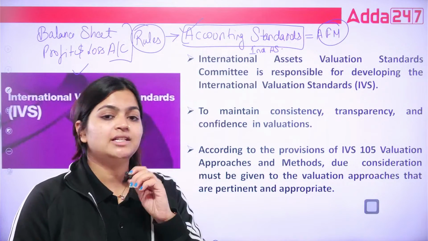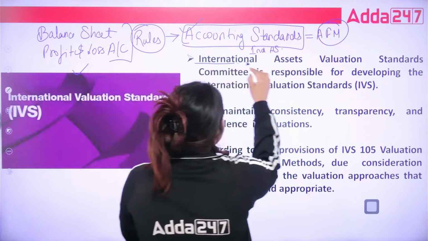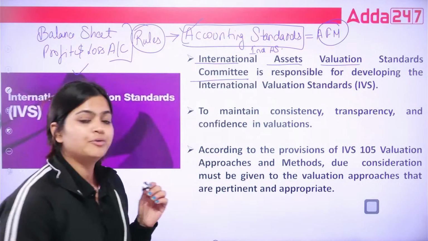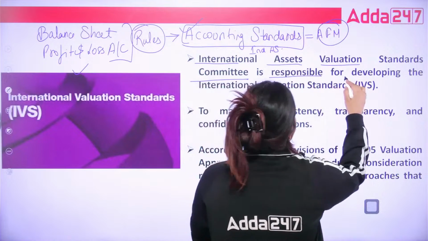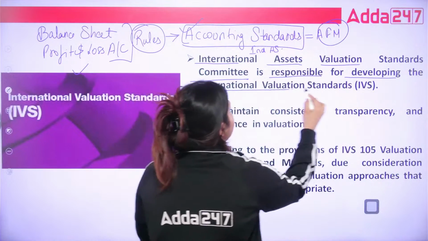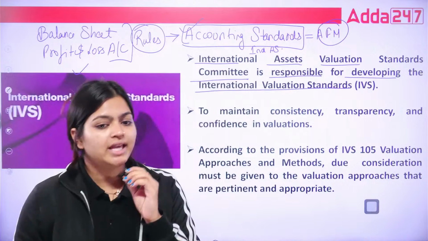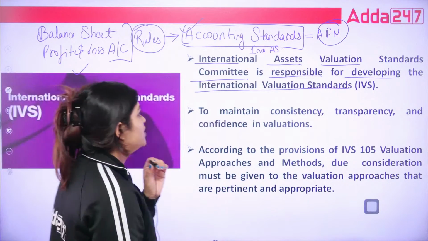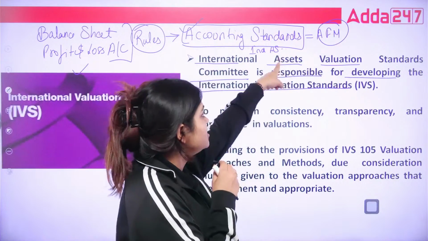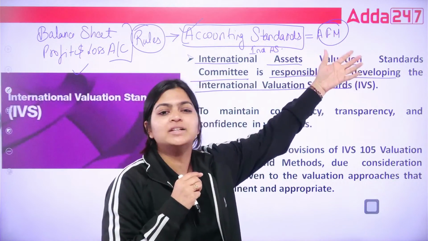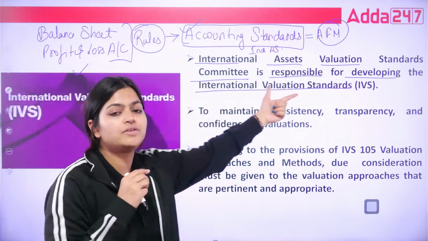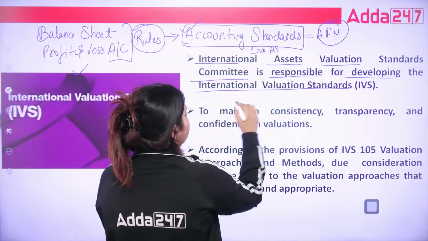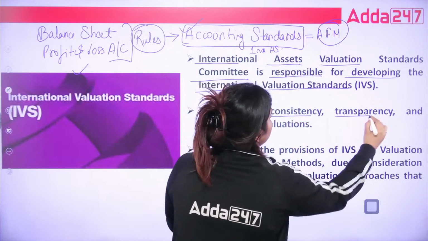And who is giving this set of rules? The International Asset Valuation Standard Committee. They are responsible for developing the International Valuation Standards, IVS. Who develops this particular standard for corporate valuation? The International Asset Valuation Standard Committee. Now, along with this, what are they following? They are maintaining consistency, transparency, and